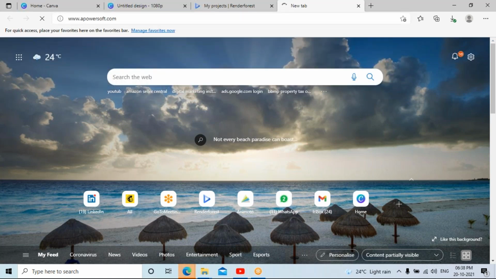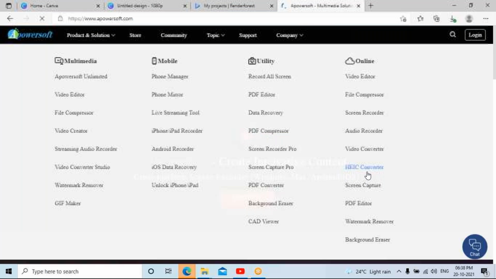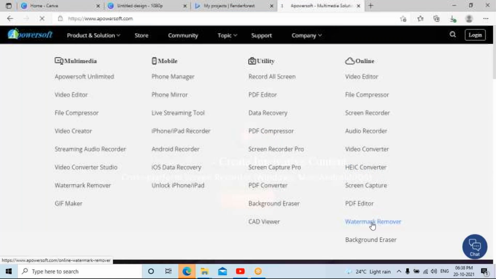On this website, you can go to product and solution, and here you can choose the right option called online watermark remover. You can click on this.